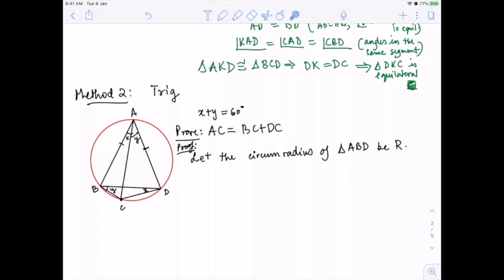That r is the radius of the red circle. Okay, and one can call that the circumradius of triangle ABD, or one can call that the circumradius of triangle ABC, or whichever triangle is inscribed on that circle. Okay, all right. So there's a common r, basically common radius. So we can apply now sine rule in triangle ABC. So in triangle ABC, if you applied sine rule, you will get AC is sine.